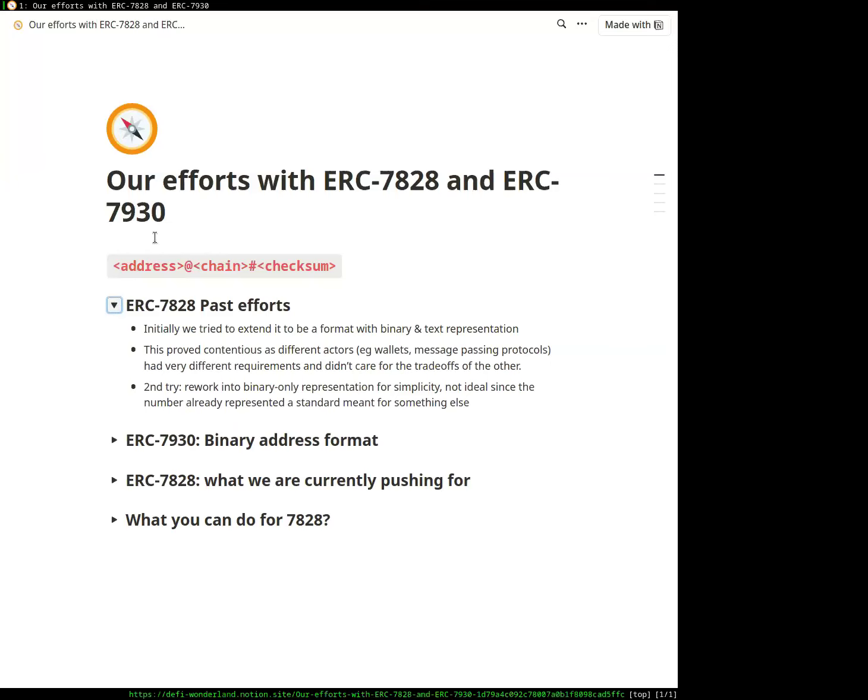Basically, the standard defined this address at chain pound checksum format for chains, and defined a few ways to have better representations than raw addresses or raw chain IDs.